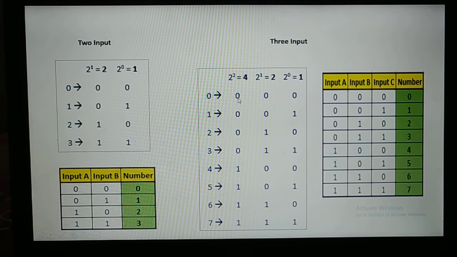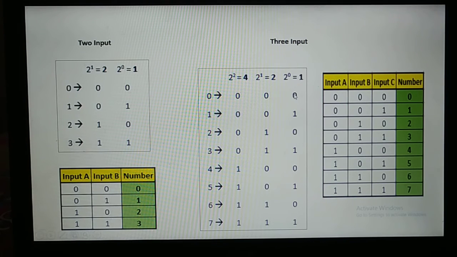Same goes for here also. If the signal is high, then you have to take value 4, otherwise 0. So for 0, there will be 3 inputs, 0 0 0. None of these are active, so total value will be equal to 0. For 1, 0 0 1. 1 is active, the others are not active, so 0 plus 0 plus 1 is 1. Same goes for 2: this is not active, it will be 0. This is active, 2 will come here. This is low, 0 will come here. So 0 plus 2 plus 0 is equal to 2.